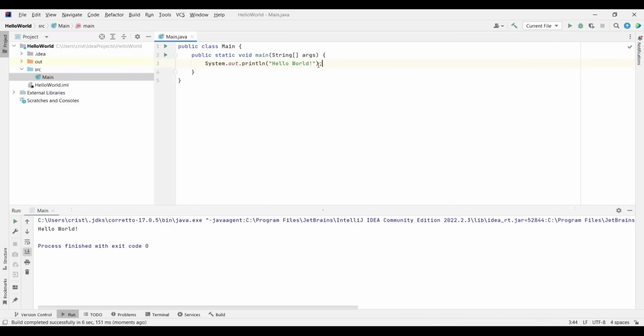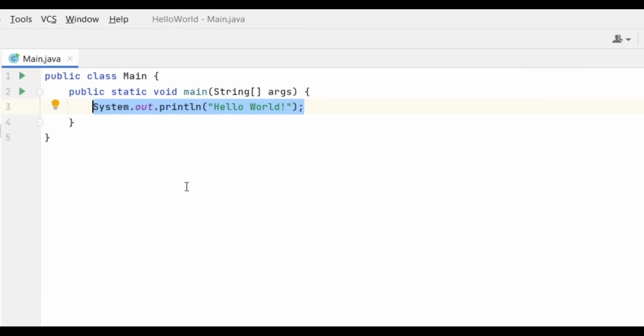So what this thing does, it takes the input that is passed here and outputs it in the console. And if I remove one of the quotation marks, look what happens. I have an error, because we need to put double quotation marks in order for it to work. If I put a single quotation mark here, again, it will not work. You need to have double quotation marks around the text that you want to be output in the console. And this entire line of code, its only job is to output whatever you pass inside its parentheses, in this case, Hello World.